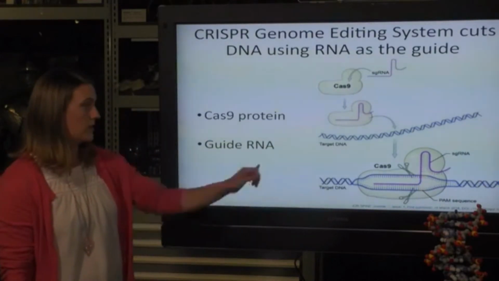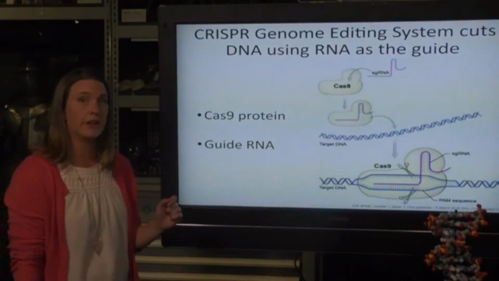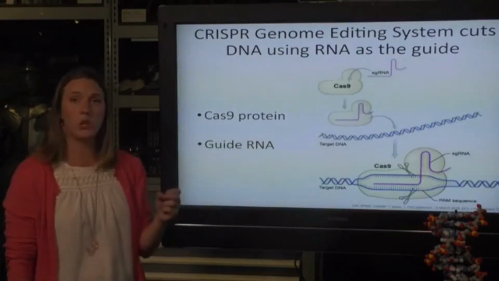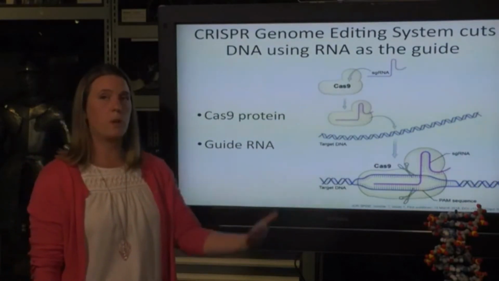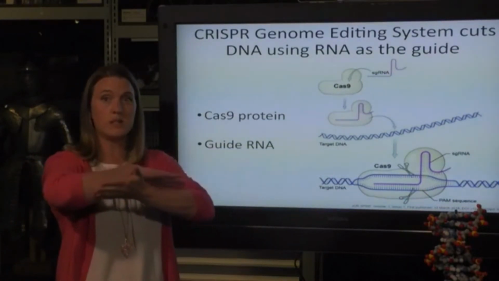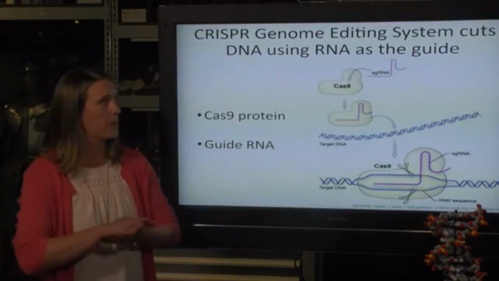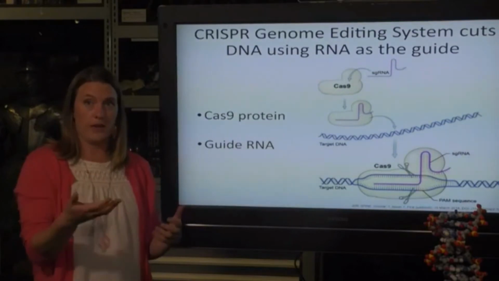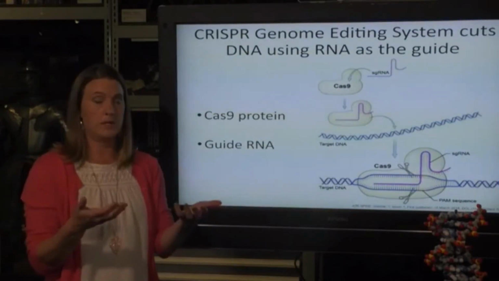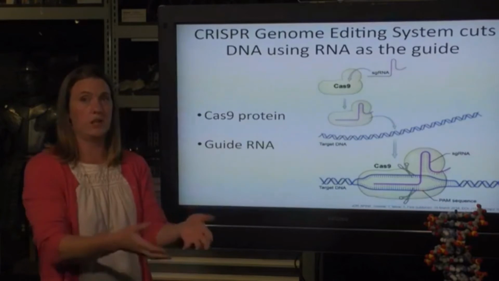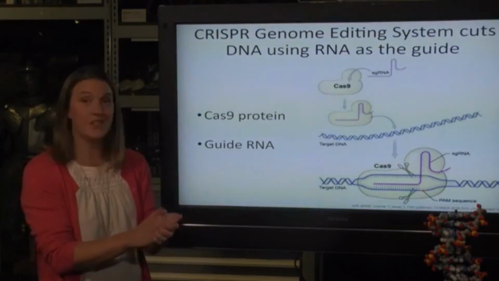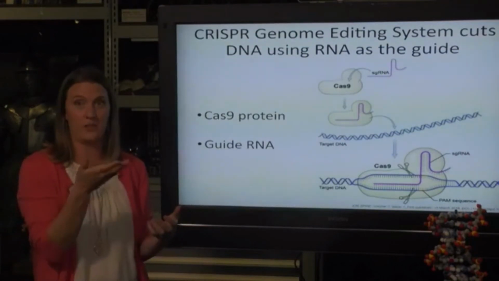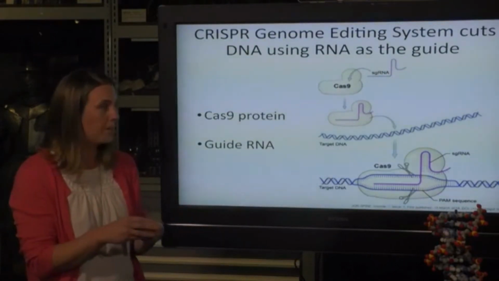The other thing that has to be delivered into cells is called the guide RNA. And so that's a user-designed RNA molecule that will base pair with the sequence that you want to edit in the genome. So we call that the guide RNA. So you take genes that encode the guide RNA and that Cas9 protein, and you deliver them into the target cell, the cell that you want to edit. Then the cell will make the Cas9 protein, and it will make the guide RNA, so it will make the RNA molecule, not just the gene.